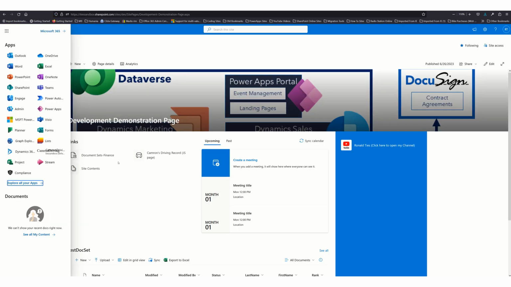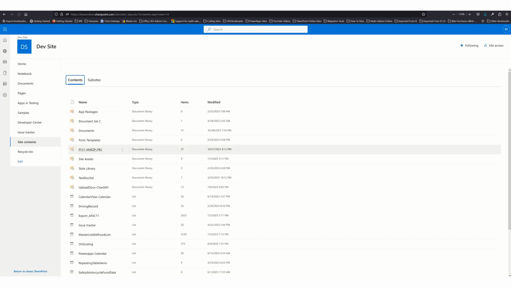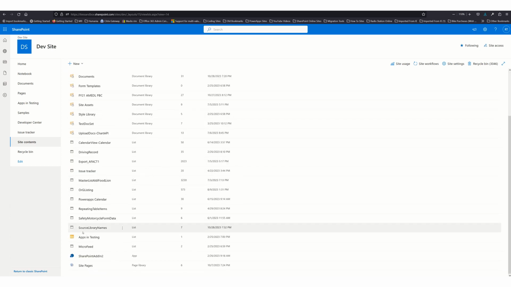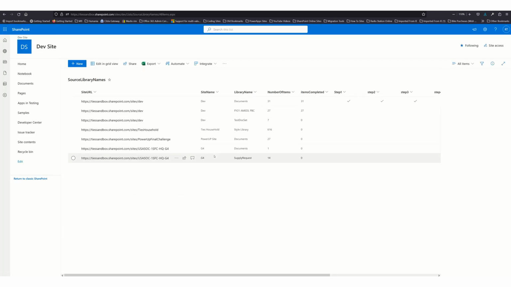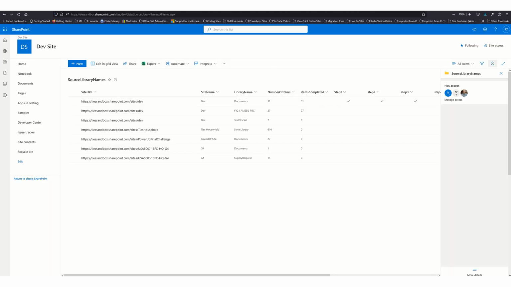Now I'm going to navigate to my source list. I'm going to show you that this works. So we go in here, come down to source library names, and you'll see, remember, this is the one we're targeting right now, right? I've used this several times, that's why there's check marks there. So in my Power App, I'm going to move it to true, then I'm going to turn it to false. Okay, first I want to show you this. So if we go back to our thing, and I refresh my page,